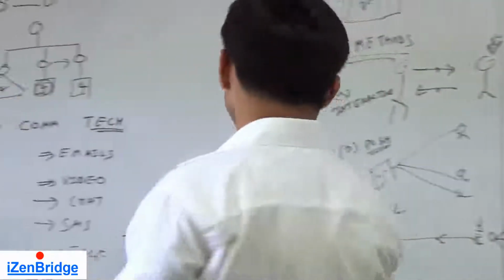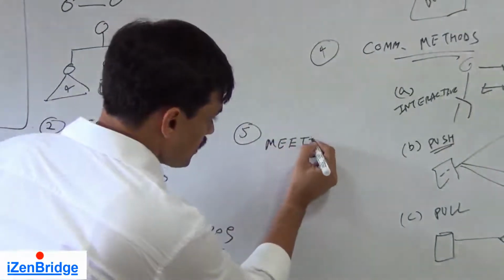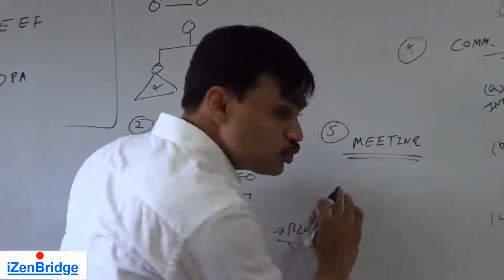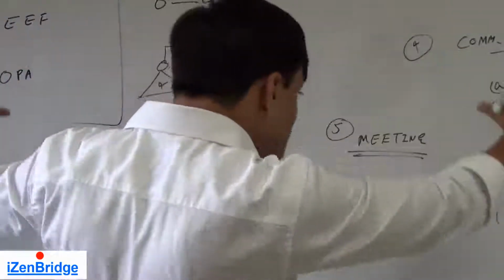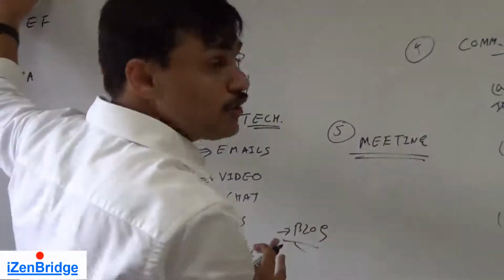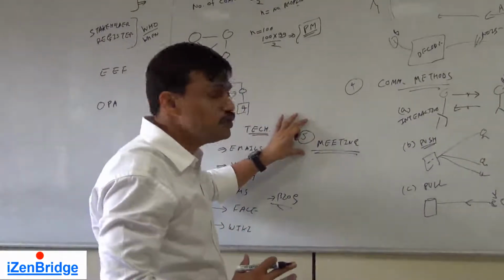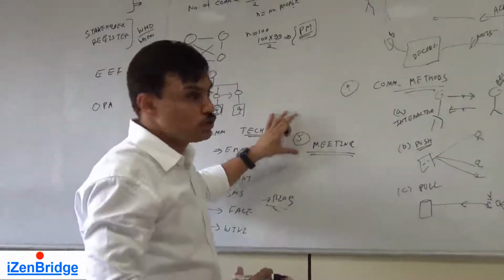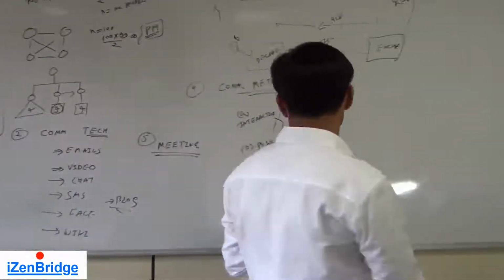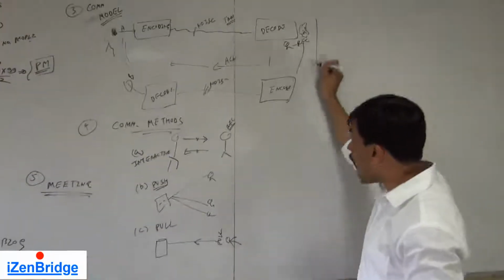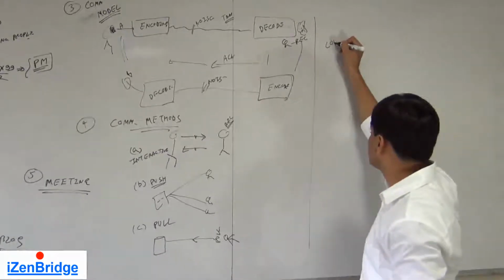The fifth and final tool and technique is meeting. This meeting is not to communicate, but to discuss all these possibilities and the requirements of stakeholders, have brainstorming sessions, and identify what communication management plan we should make to get effective communication in our project. So the output we get is the communication management plan.